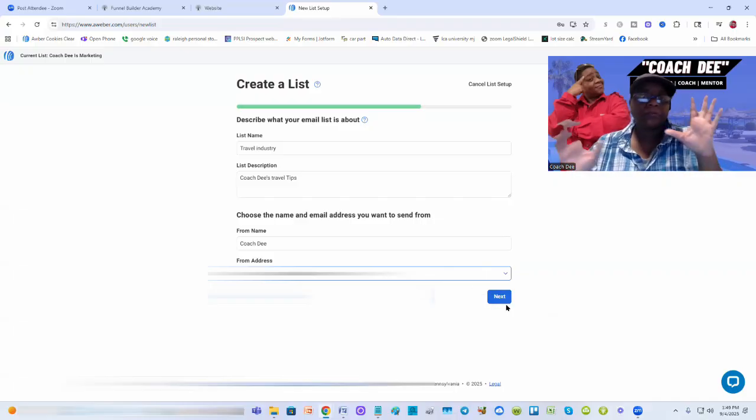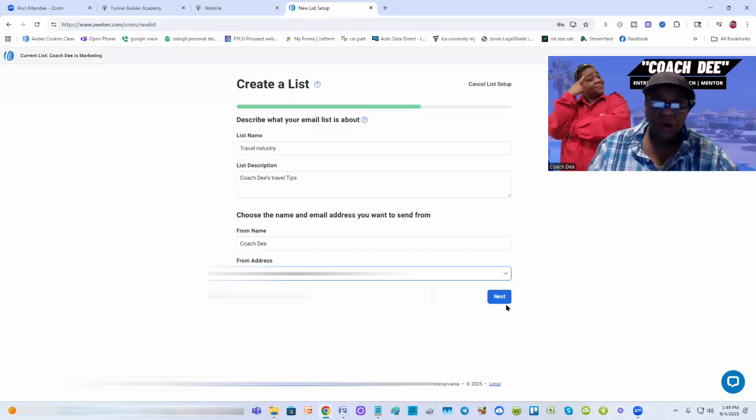Now before you do that, if for whatever reason you don't have your domain name for your email, then you want to make sure that you already have that situated, so that you can put that in there. If you don't, it'll prompt you to do that, and we'll cover that in another video. But this one assumes that you already have that, because that's something that you would actually get from